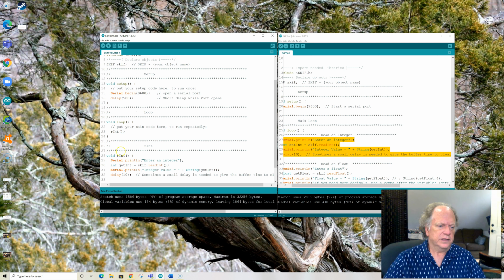Okay, so you can see what's going to happen. The loop's going to call readInt. First thing it's going to do is enter an integer on your serial display. Then it's going to create this variable. Then it's going to call this function, referencing my object that I created, my SKIF object. And then it's going to read the value that shows up on the serial display. It's going to save it into this variable. And then on the next line, we're going to print this concatenated string, and we're going to include the variable in it. So if I run this,